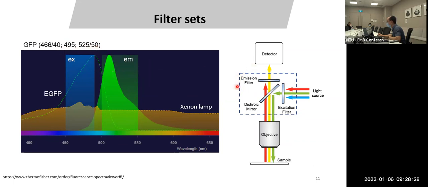So that's how your fluorescence microscope works. And this is what happens when you select different filters, right? In normal circumstances, you don't have to worry too much about the numbers. If you use a GFP filter, basically you can use it for any green dye, your Alexa 488, your FITC fluorescein, right? If you want to use a red dye, you can choose maybe an mRFP channel, then you can